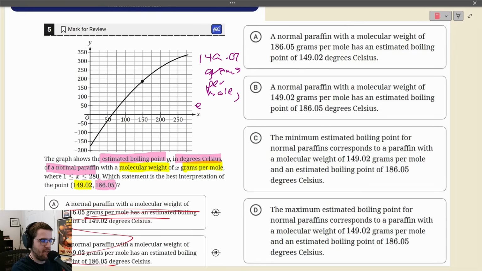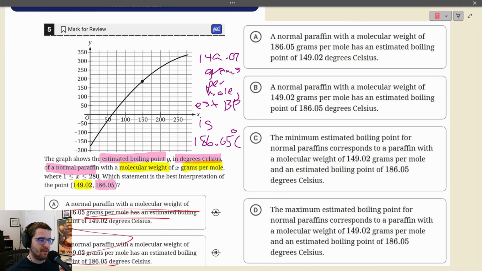Okay, so the estimated boiling point is 186.05 degrees Celsius of a normal paraffin. Now that I have my own kind of crummy interpretation, I can go to the choices